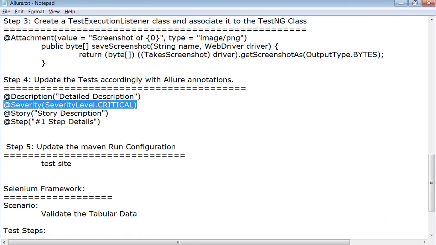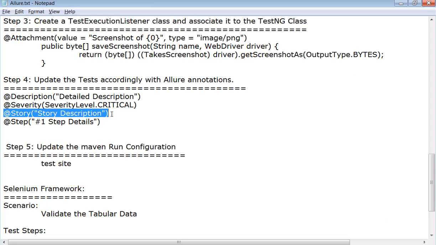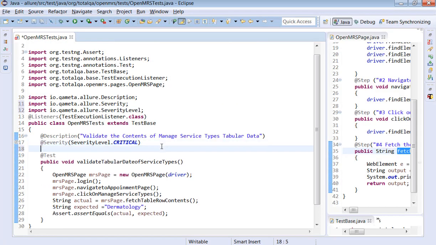Then story of the test case. Generally we always try to automate the story in the project. So let me try to copy this story and put the story description. The story description generally mainly same as the description of the test case. But anyway you can associate, say, user story 001,